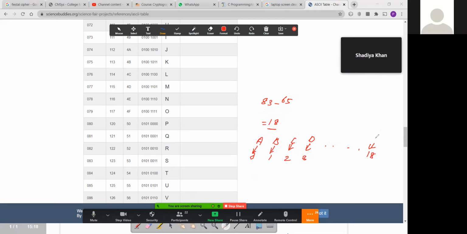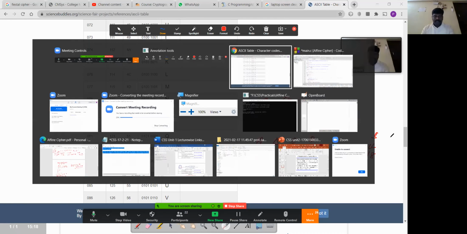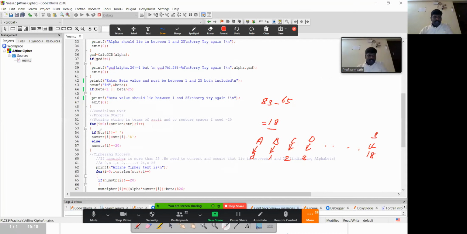So what I was trying to explain is that using this code, whatever ASCII value we got for the corresponding capital letter input, I am subtracting the A's ASCII value so that I can do this mapping successfully.